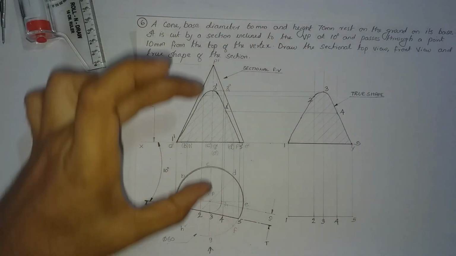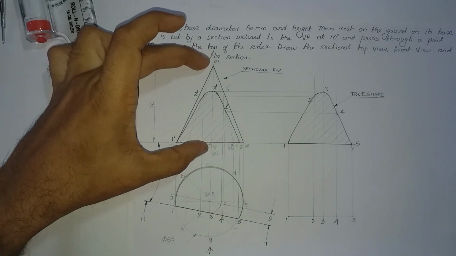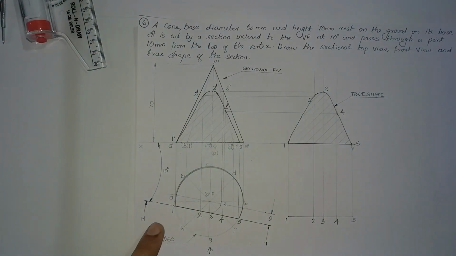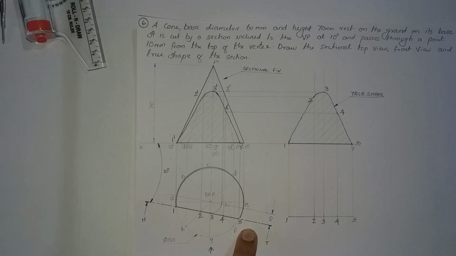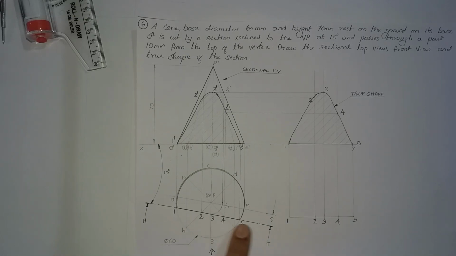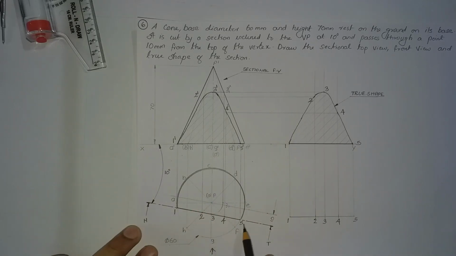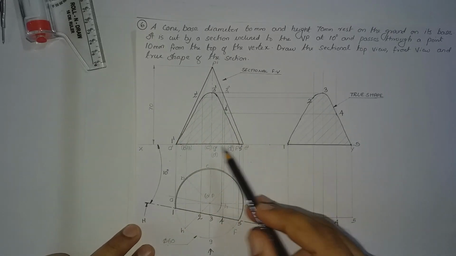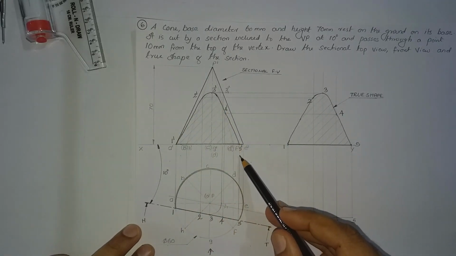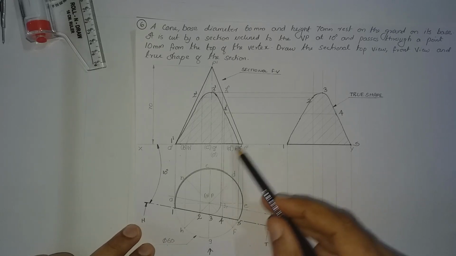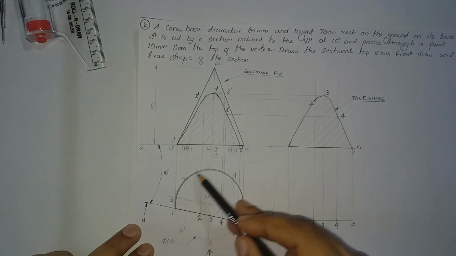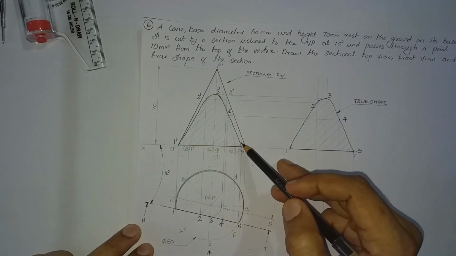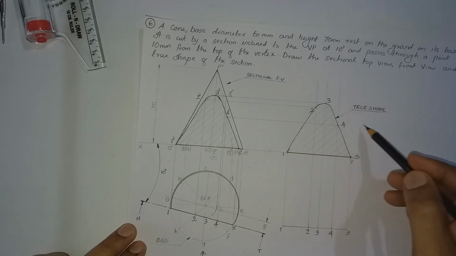After drawing the symbol front view and symbol top view using type B lines, the next step is to locate the section plane. Again, mark the meeting points of the section plane with the base and various generators of the solid as 1, 2, 3, 4, 5. Transfer these to the front view. Join them using freehand sketching because it is a cone, it will have a curved surface. Hatch the inside region. Draw the remaining portion in the top view and front view, after which we will go for the true shape.